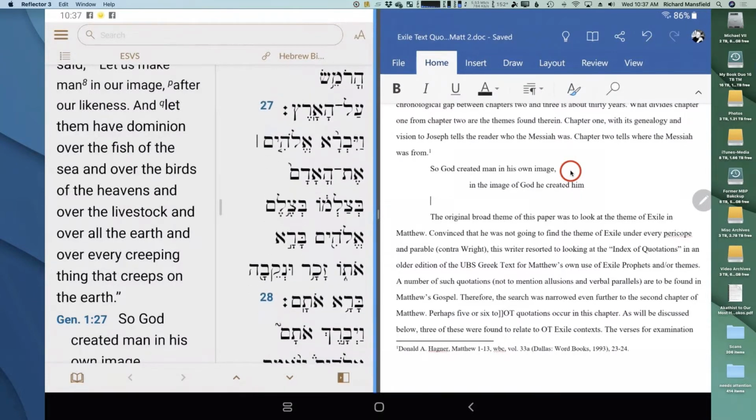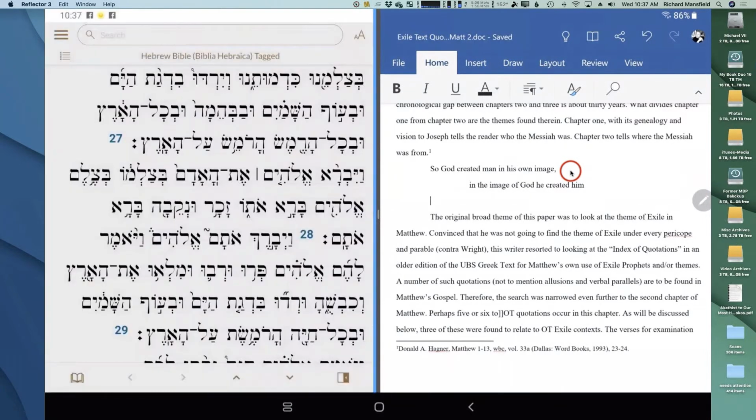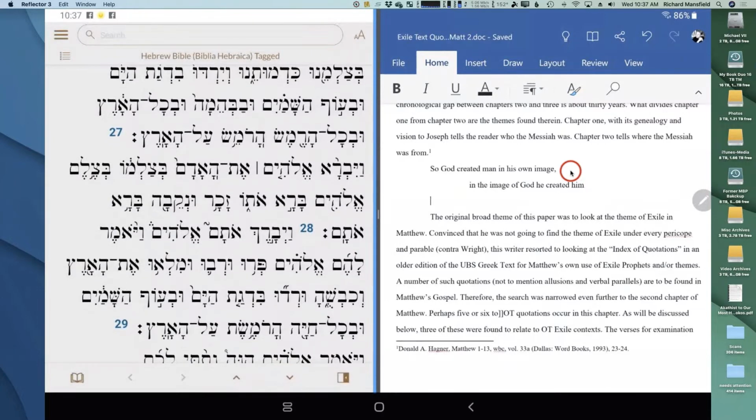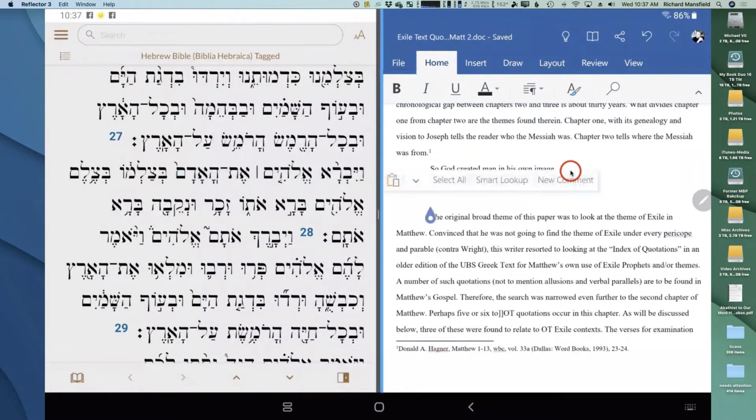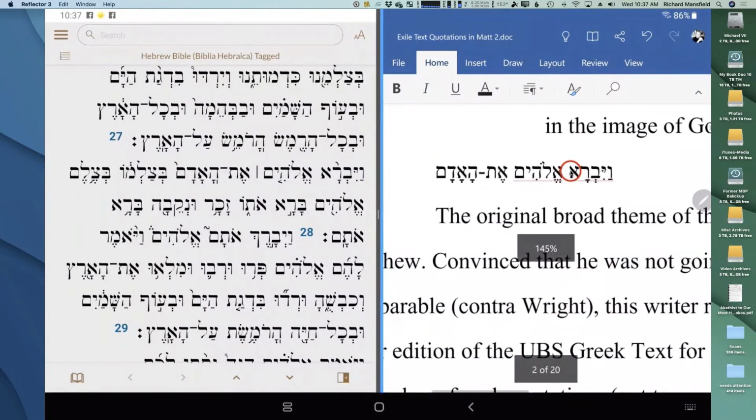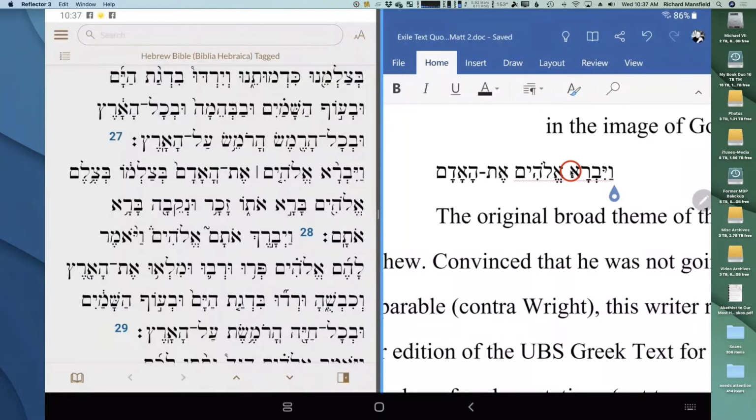I wonder if I had that. Let's try this. I'm going to just grab a couple of words here, or three words here, choose copy, and then I'll paste that in. And let me try to make that larger where you can see. So you see that, and of course I can edit that if I want to adjust the font or anything like that. And you'll notice it even kept it in the right character order from right to left as well,